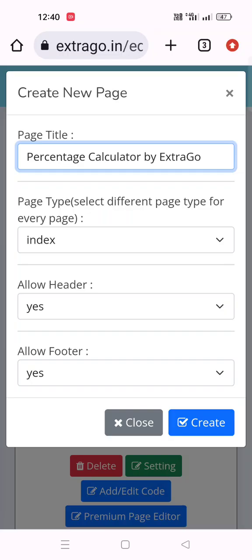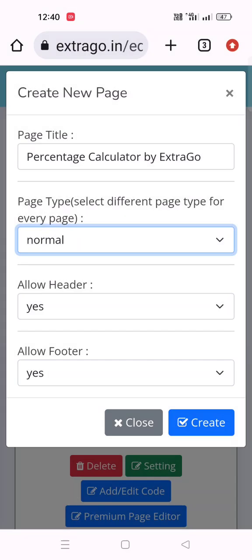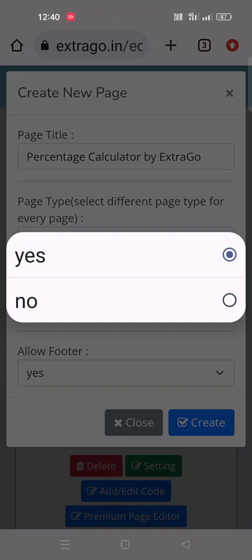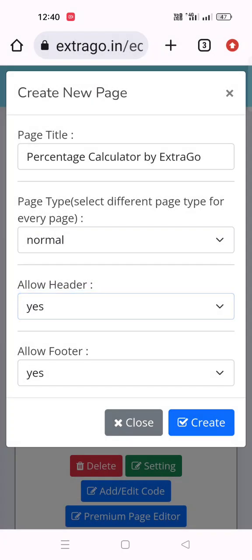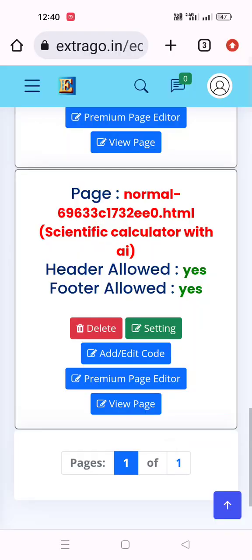For the page type option we need to select normal. We do not have any special name for the page. I will select normal, allow header yes, allow footer yes. Click on the create button. Page added.